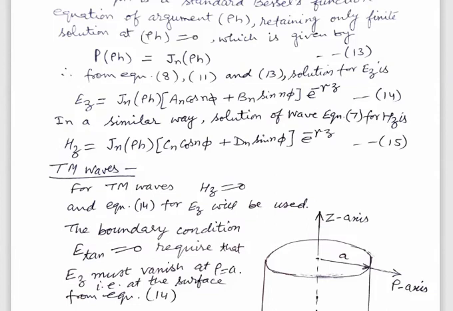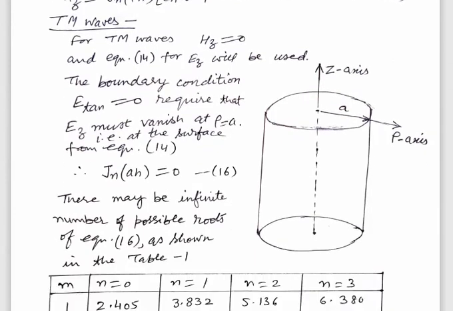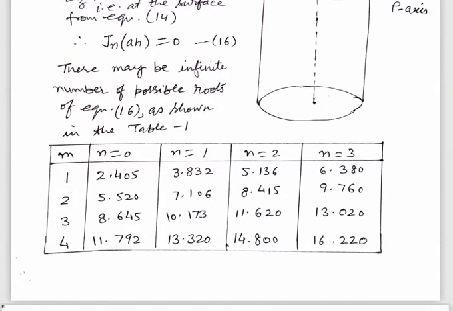So only this will vanish at the surface. In order to vanish, Ez must equal 0. So the value of Jn equal to 0 gives us the values of the roots. Here in table 1 we have shown